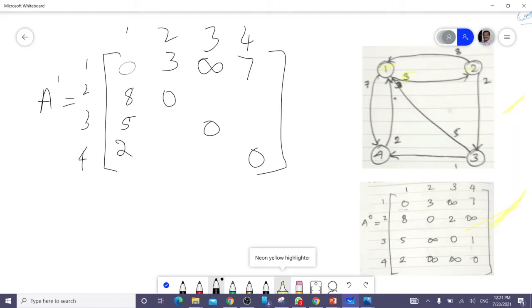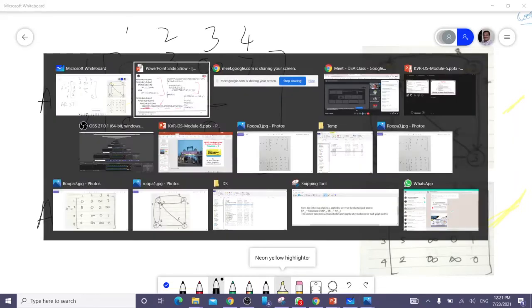Now, I want to find this value, which I don't know: A of 2, 3. Observe this algorithm.